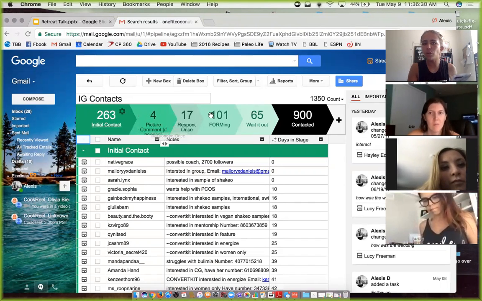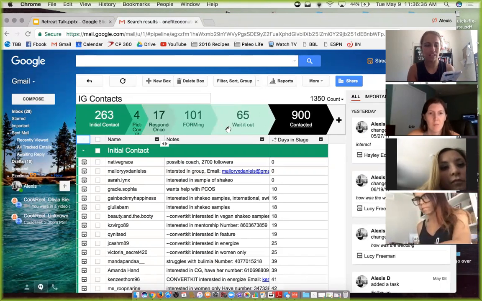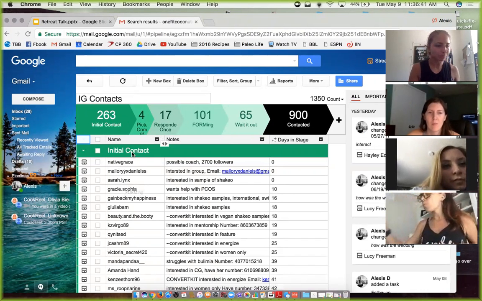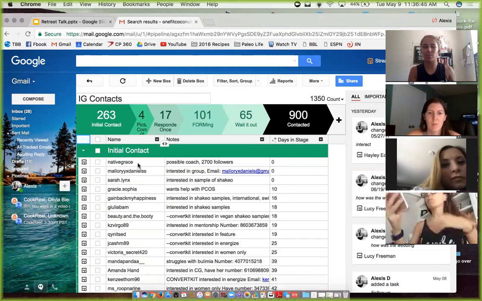When you do these stages, don't have 15 stages. Even this is the max that you need. And in the webinar, I teach you how to make them, how to change the colors, all of that stuff. Okay. So what you do when you add each person,